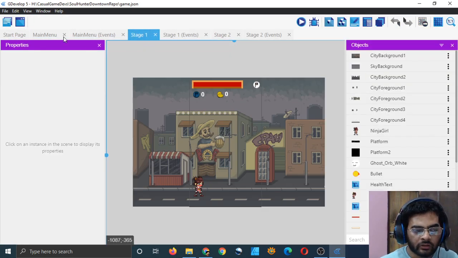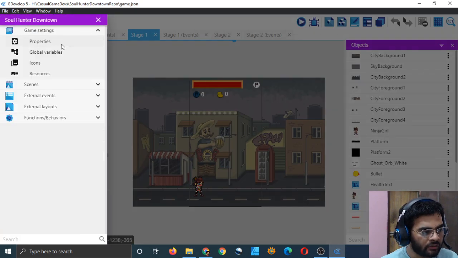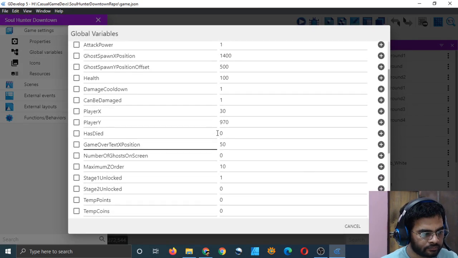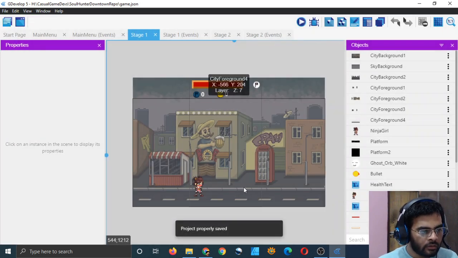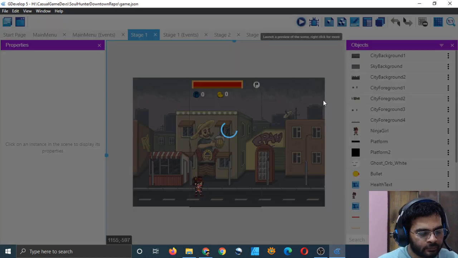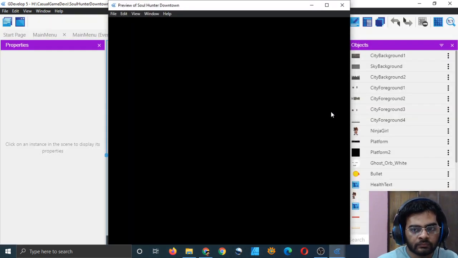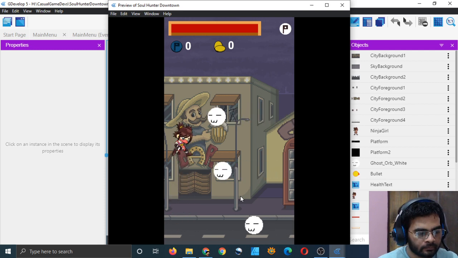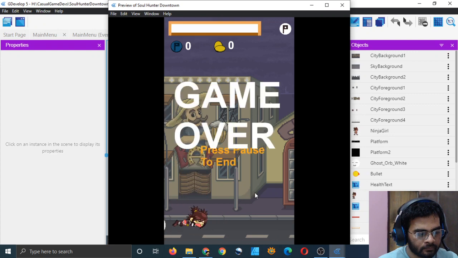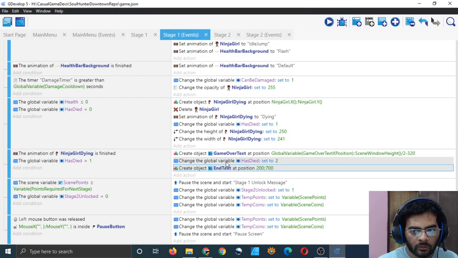To test it out, we need to lower the max health so that we can test it quickly. 10, okay, let's test. Being overlapped, a little below will be good.